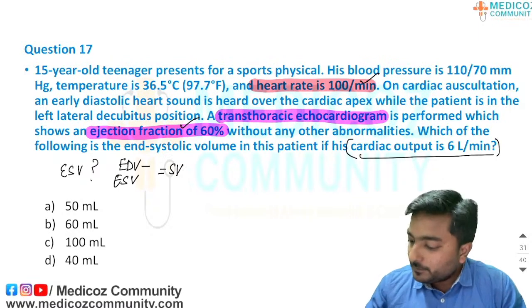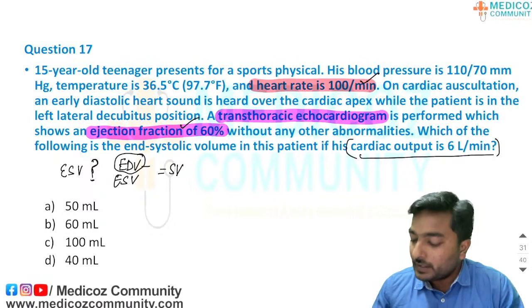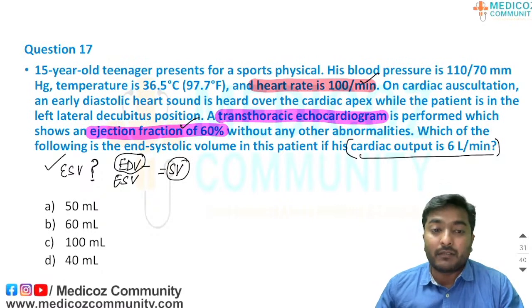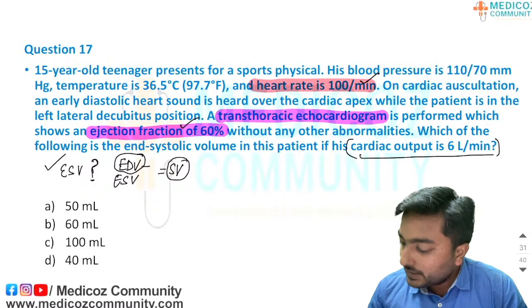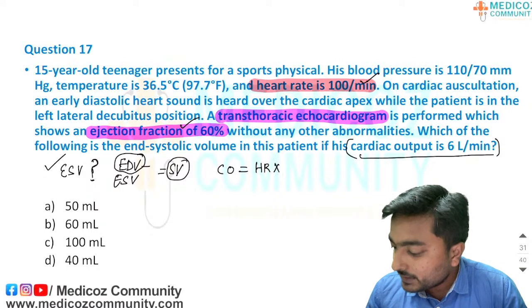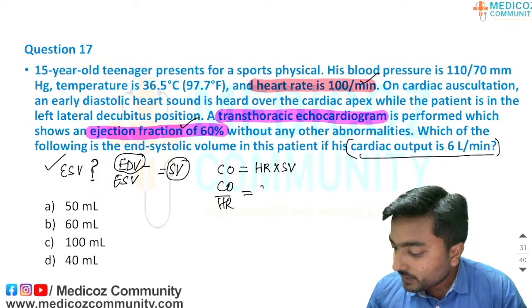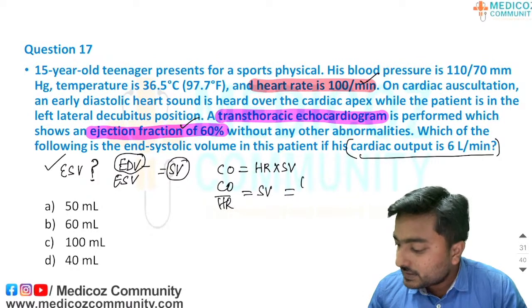They are asking for the end systolic volume. If we know the end diastolic volume and the stroke volume, we can easily find the end systolic volume. Cardiac output is nothing but heart rate into stroke volume, right? So stroke volume is cardiac output by heart rate, which is 6000 ml divided by heart rate of 100. So 60 ml is